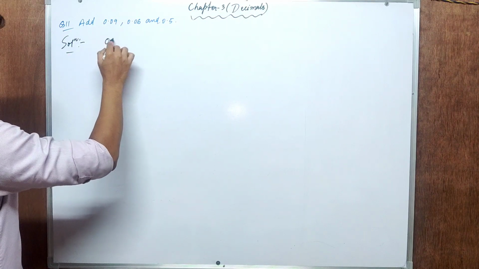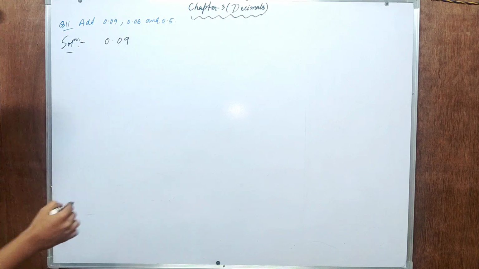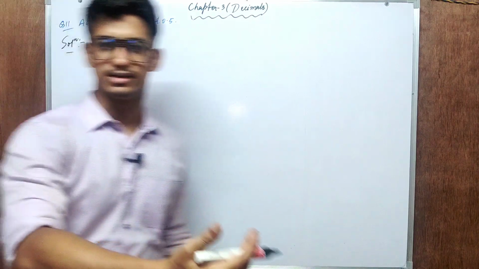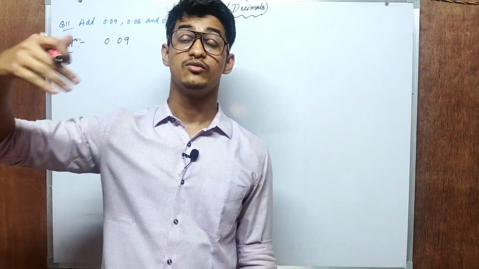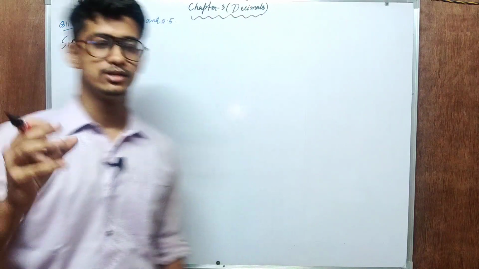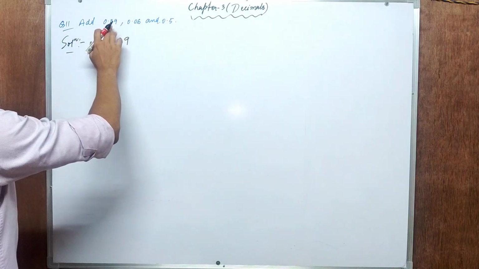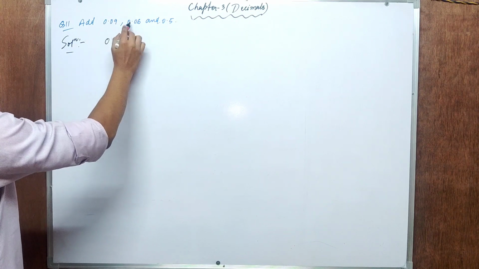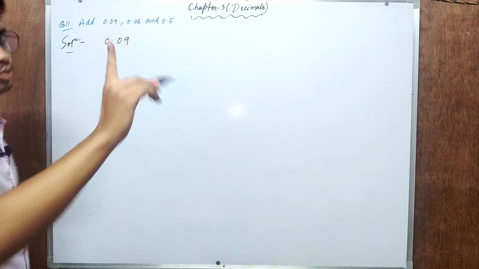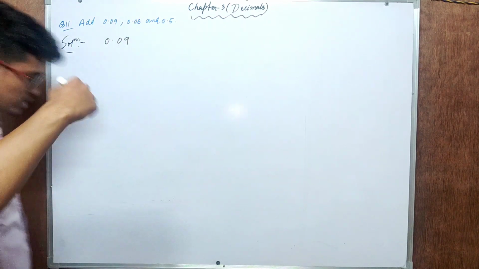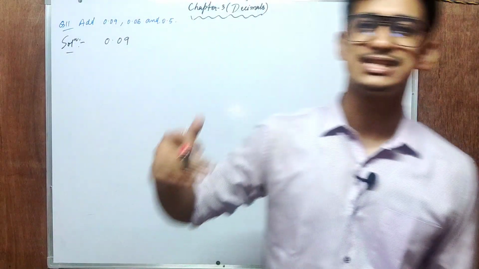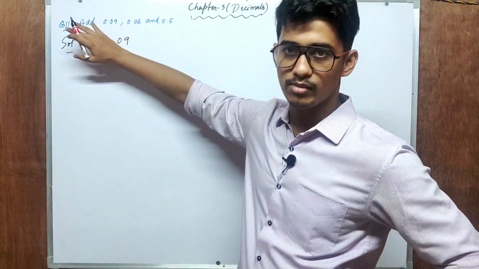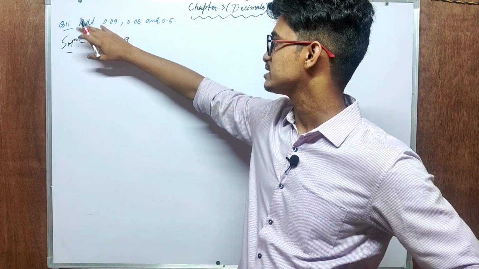Add 0.09, right? And then what we have to do is see how many numbers are there after the point and what is the maximum number. In these three numbers, if you see, the maximum numbers after the point is 2, 1 and 2. Point and then 1 and 2, and after that only one number is there, no? So what you have to remember is the maximum number of places, let's say in one example,